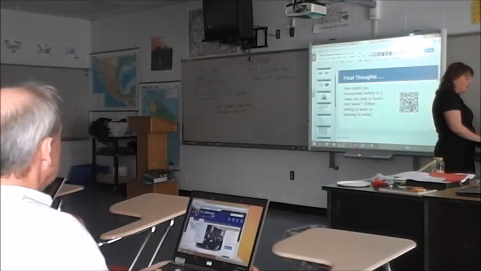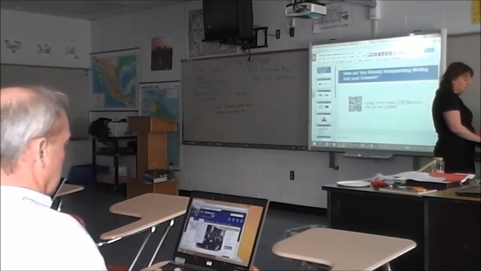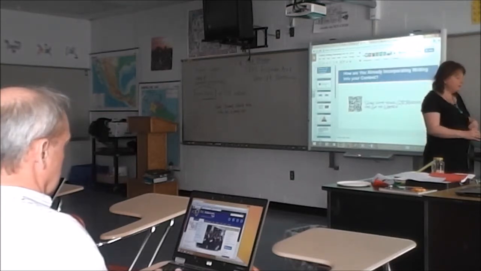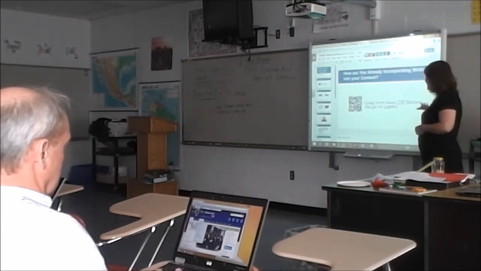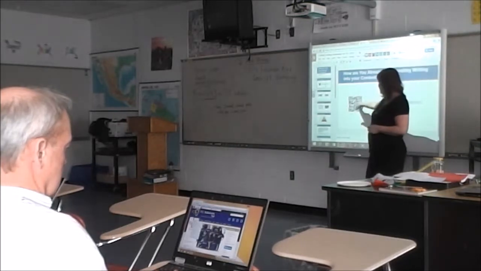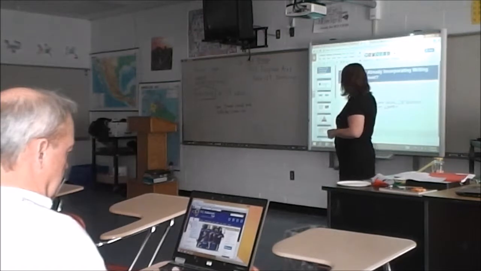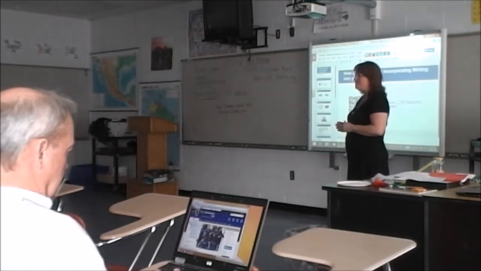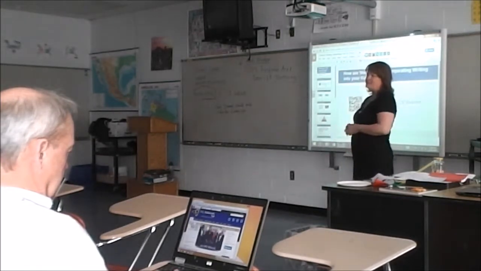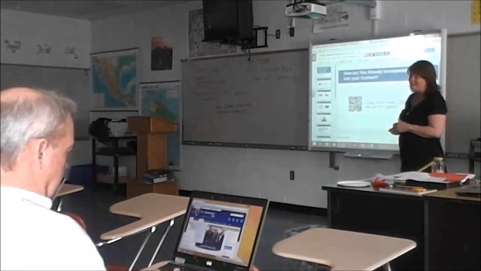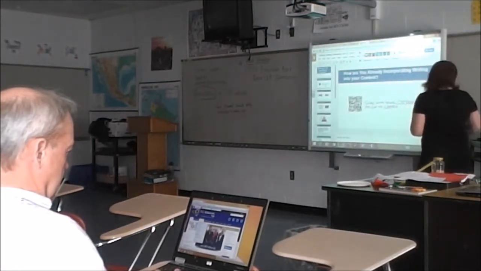That Padlet, by the way, if y'all want to use Padlet in your classroom to get your kids to write a quick answer, it's very easy to use. I didn't have y'all do this, but I planned on y'all doing it. You can even have them use the QR code reader on their phone and just shoot the code, and that'll bring up the Padlet as well. Or you could put it on your website, or you just tell them the address. Lots of different ways to get to it. But anyway,